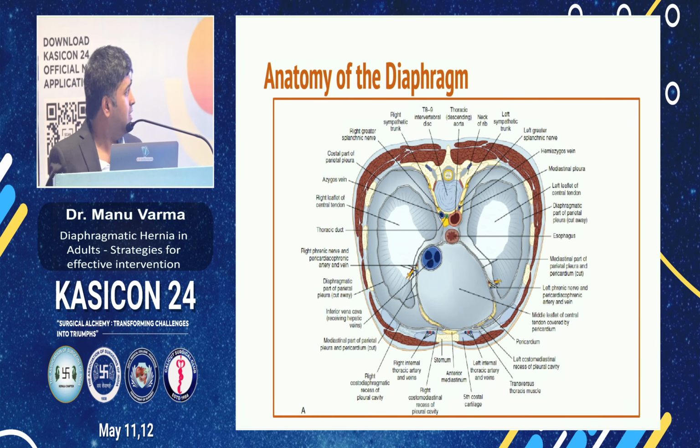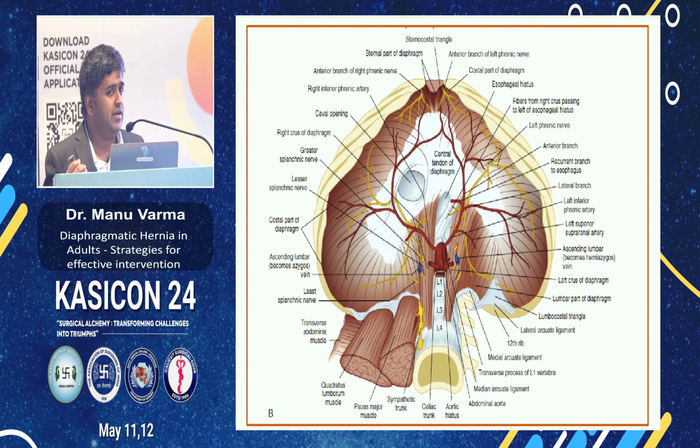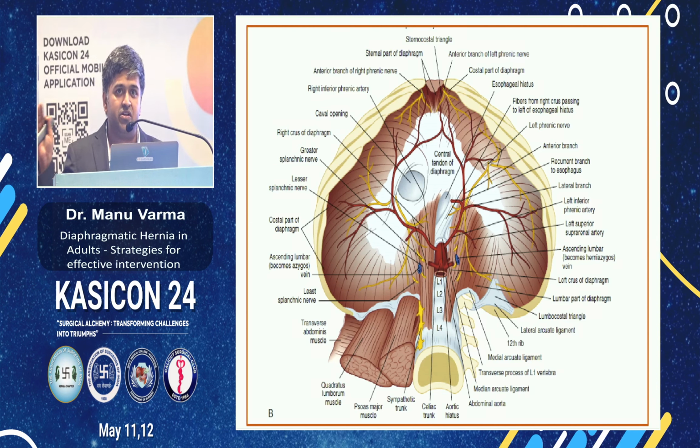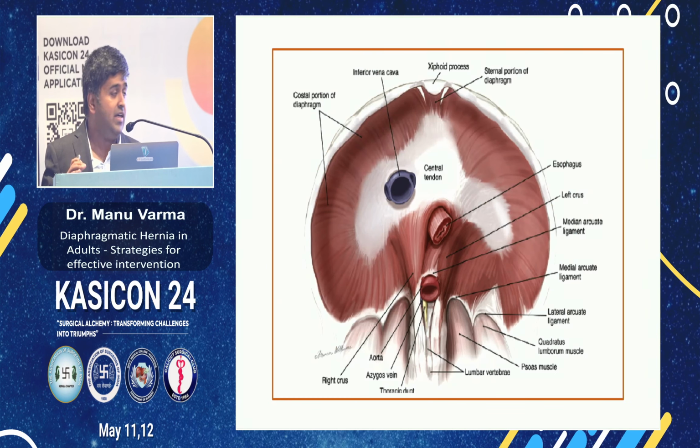So this is the diaphragm viewed from top down. I know it's pretty confusing and very overwhelming, this very crowded anatomical image. And this one is viewed from below upwards. So you have a lot of vital structures crossing across the diaphragm, crisscrossing through it, the various foramina. And to simplify it, let us focus on this image. We have the caval hiatus, we have the esophageal hiatus, and the aorta, which is sited behind the median arcuate